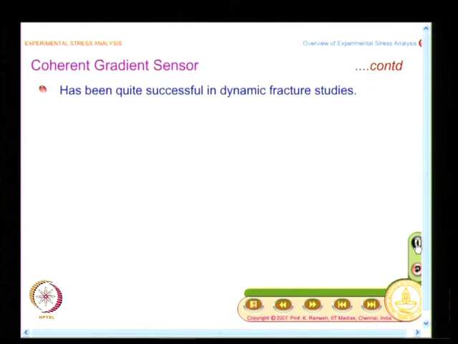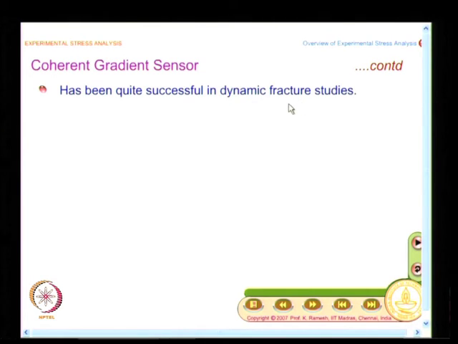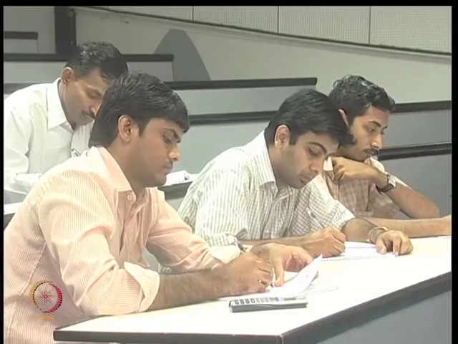If you look at dynamic fracture, Professor Rosakis and his group and Harish Tippur have developed this technique. They have found it useful for dynamic fracture studies. What you find is, in the caustic shadow you lose information. Caustics is not a general purpose experimental tool. On the other hand, coherent gradient sensor, because it gives information on the entire region, has been used for finding out curvature. That is what we had seen a few classes earlier.